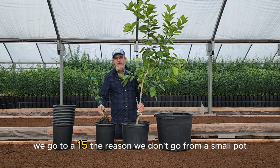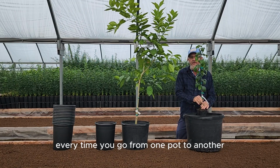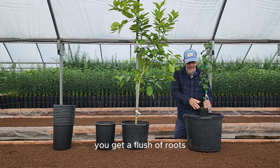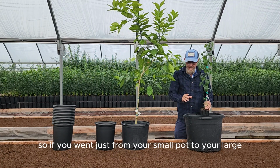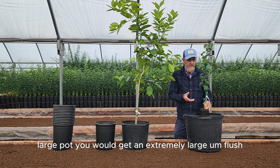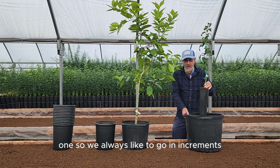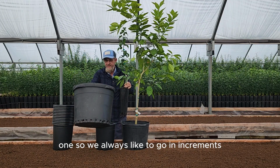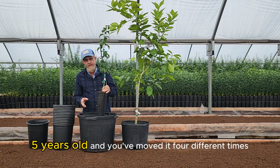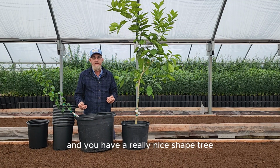The reason we don't go from a small pot all the way to a big one is every time you go from one pot to another, you get a flush of foliage, you get a flush of roots. So if you went just from your small pot to your large pot, you would get an extremely large flush, but then you wouldn't have the opportunity of getting that next one. So we always like to go in increments, because when your tree is, let's say, 5 years old and you've moved it 4 different times, you've got all those flushes and you have a really nice shaped tree, a really